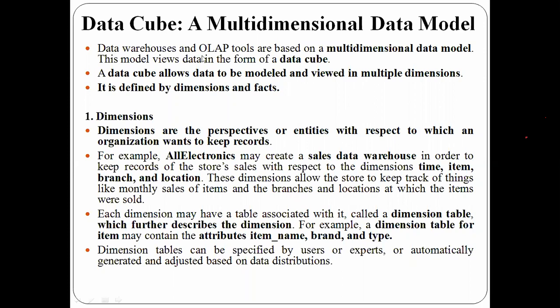Okay, so this data which is present in the data warehouse will be modeled using the multi-dimensional data model. This model is going to represent the data in the format of a data cube. This data cube is going to model and view the data in multiple dimensions. All the data present in the data cube will be modeled and represented in the format of multiple dimensions. It is not two-dimensional data like your DBMS system. That is an example of two-dimensional data. We can represent the data in rows and column format.